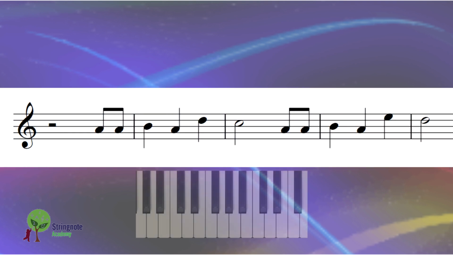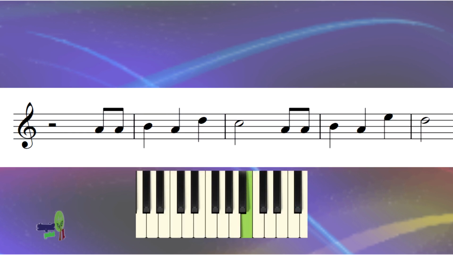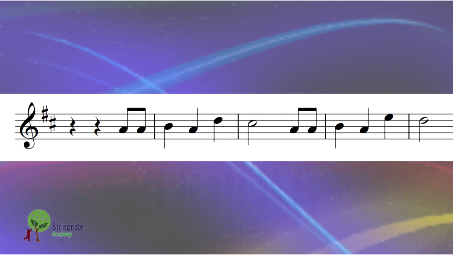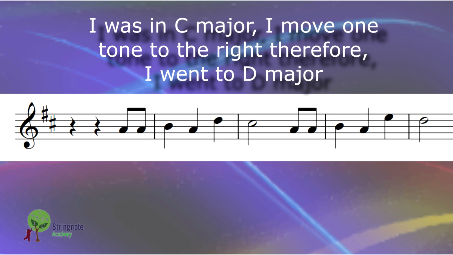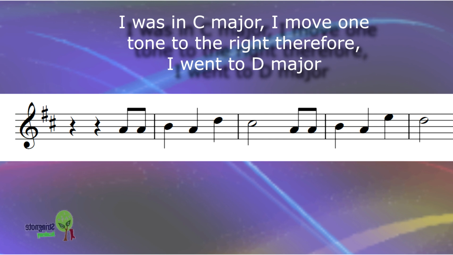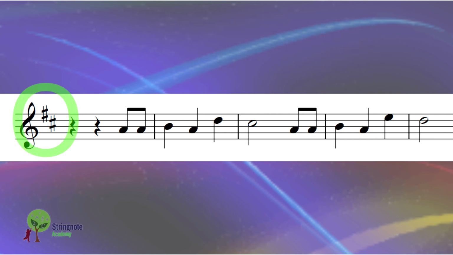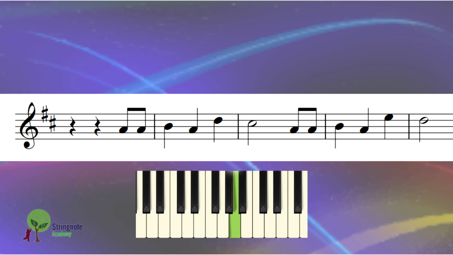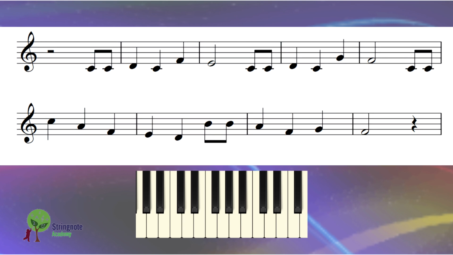So now I can take this melody and add the key signature. The key signature for D major is F and C sharp. Then I play this melody and it sounds how it should be, and I can take this bad version of Happy Birthday